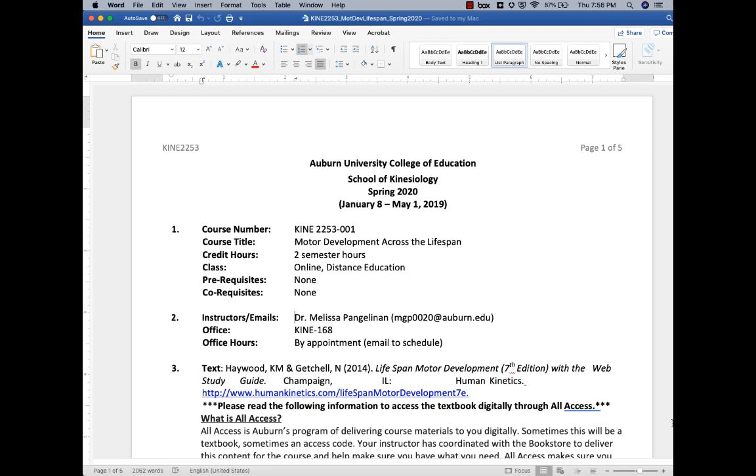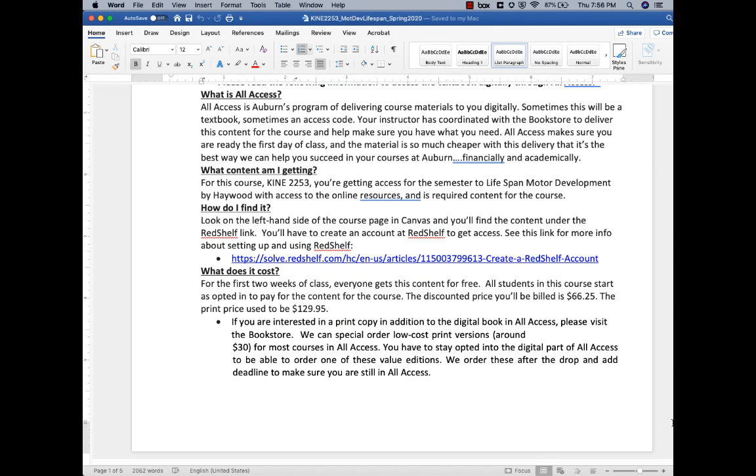For this class, the textbook will be available online through All Access. We will be using the Lifespan Motor Development 7th edition with the Web Study Guide by Haywood and Getchell. In order for you to access the textbook online, you're going to follow a few important steps. First of all, access is provided through RedShelf. There will be a link on the Canvas page and a separate tutorial to show you how you access your